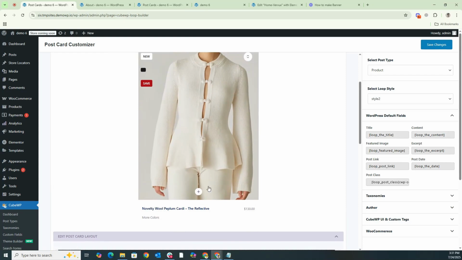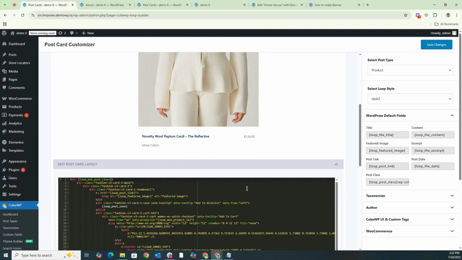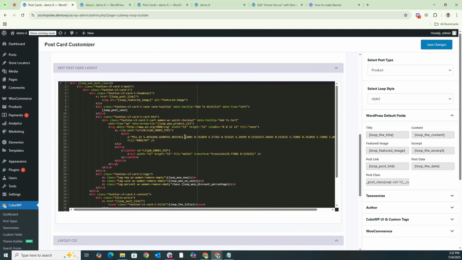Now, you might be wondering how the title, the image, the colors, and then the price are being displayed here. Are they showing up automatically? No, they're not showing up automatically. When you write HTML, you'll notice that in white color, there's a shortcode for the shortcodes. Wherever we want to fetch something from our product, we use its shortcode.